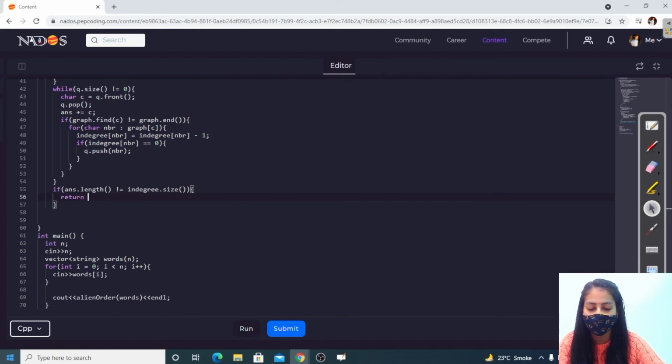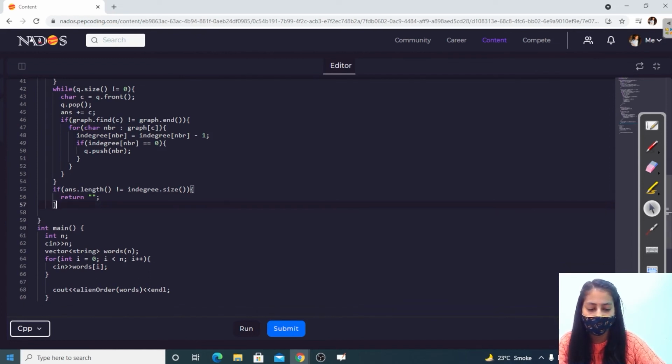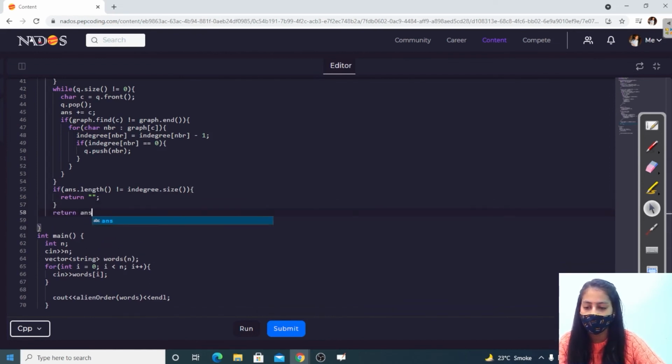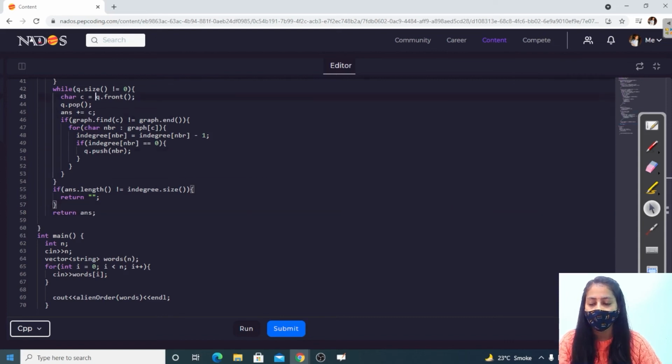In that case, return an empty string, else simply return the answer string, right? So this is the code.